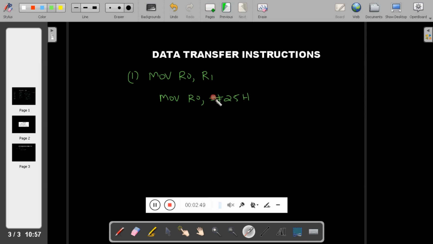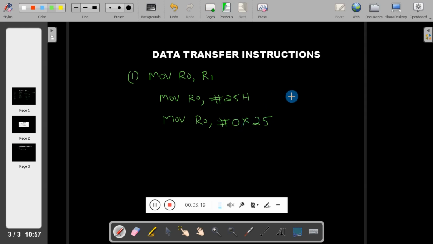The other way of writing this one is MOV R0, #0x25, 0x25. It indicates, once again the same, 25 will be transferred to R0. 25 is a data, but it is in hexadecimal format.